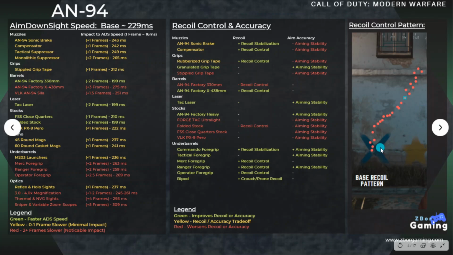Here you can see the recoil pattern, kicks up for a few shots, and then it drifts on up and to the right. So what we're going to take a look at now is a